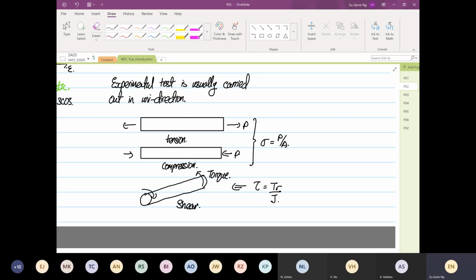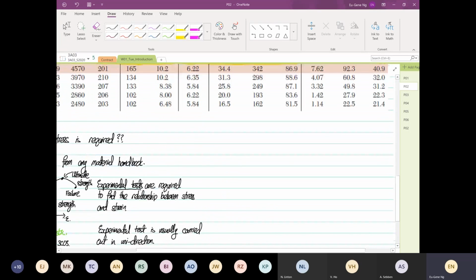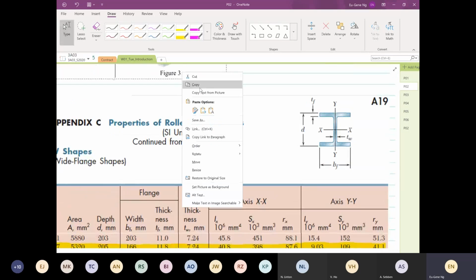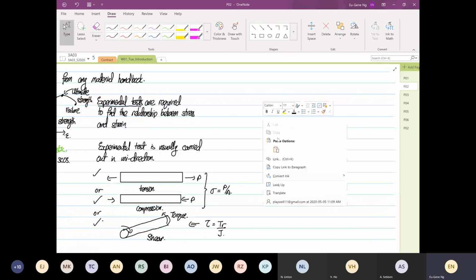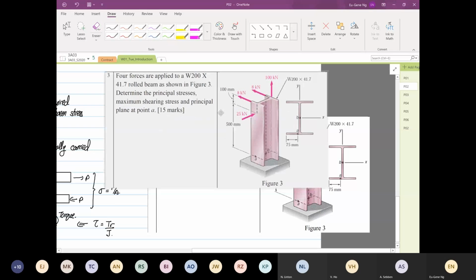So the experimental test is carried out in either this configuration, or this configuration, or this configuration. So it's either one. You don't do all three. Now if we go back to our structure, I'm going to copy and I'm going to paste. All right, so if you look at our structure now,